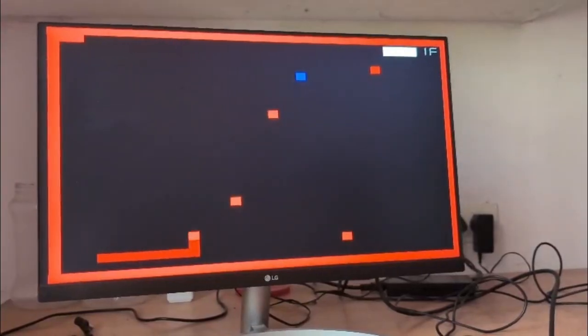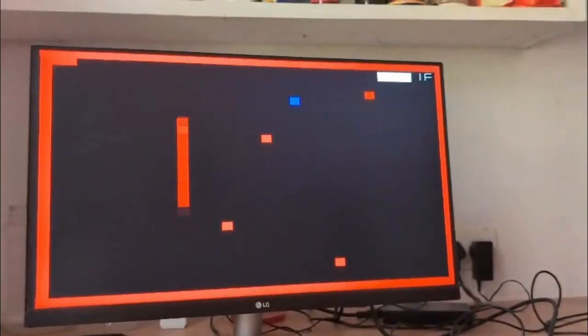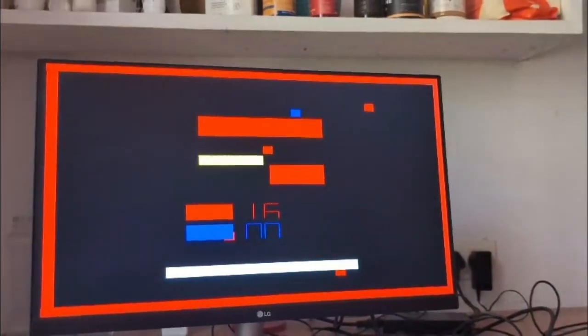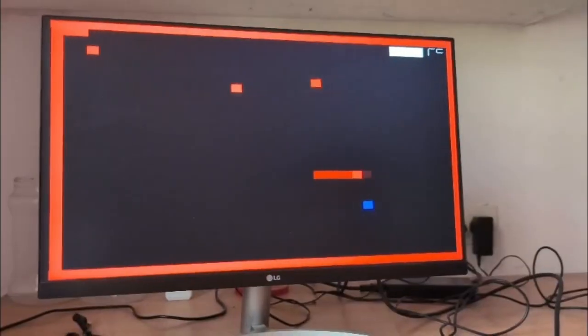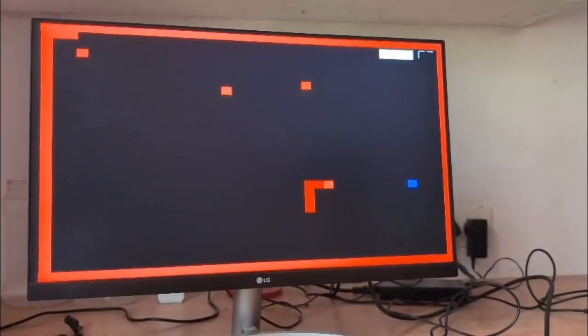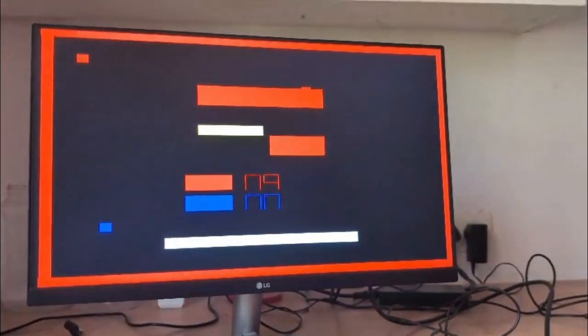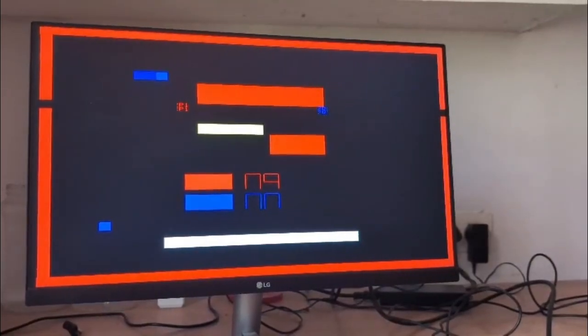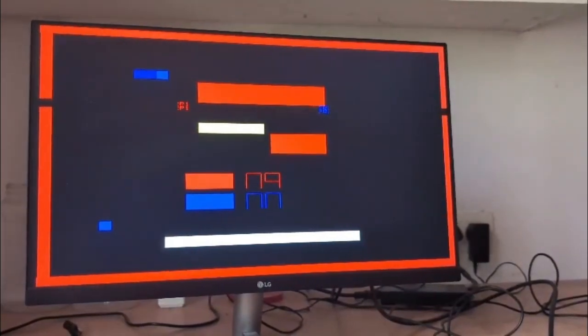The first one is self collision, when the head of the snake collides with its own body. As you can see, the game has ended. The second way of death is collision with wall. As we can see, the head of the snake collided with the boundary of our display screen, so the player